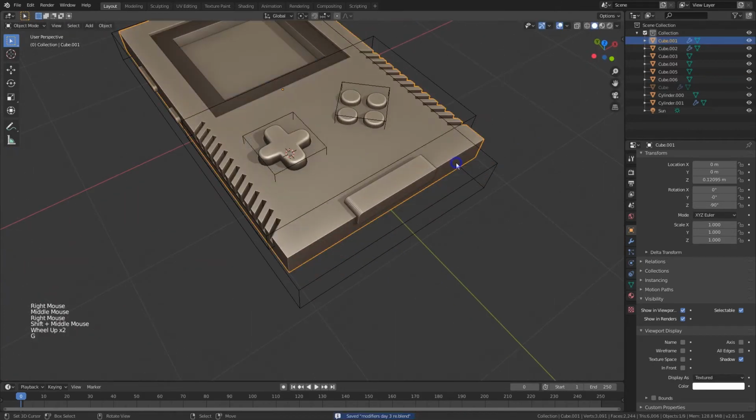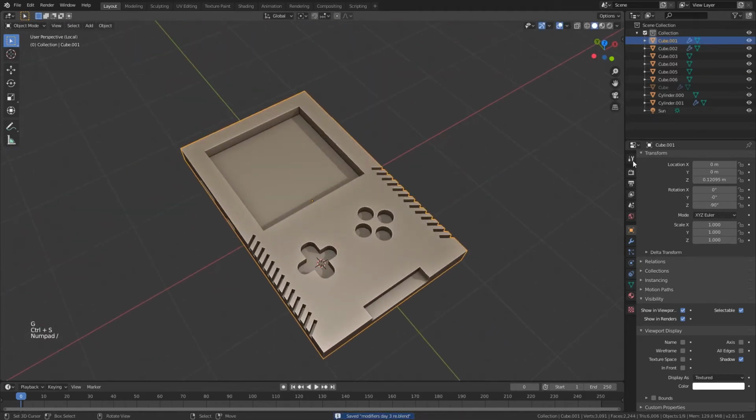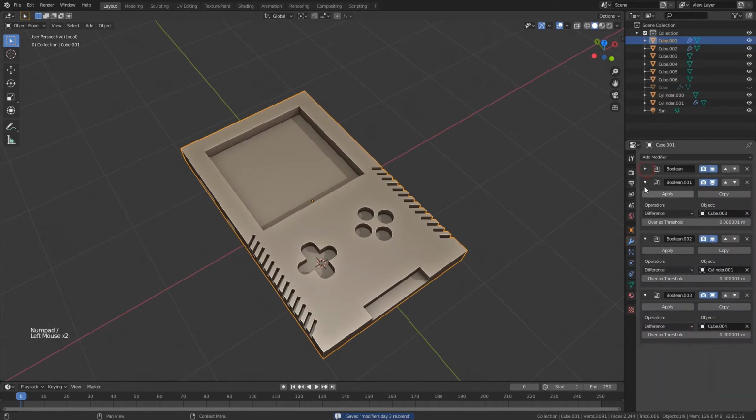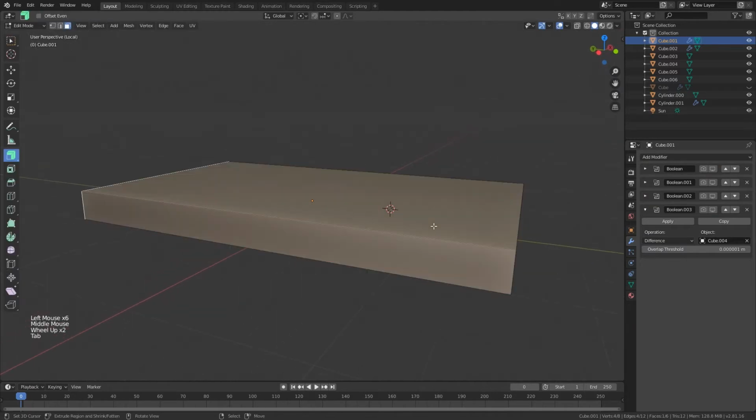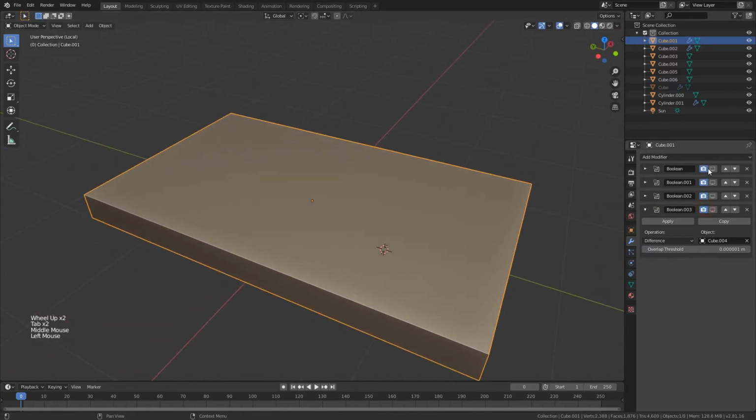Now I can go back to my original geometry. Now if I disable all the modifiers over here, you can see it's still just a box. Okay, now